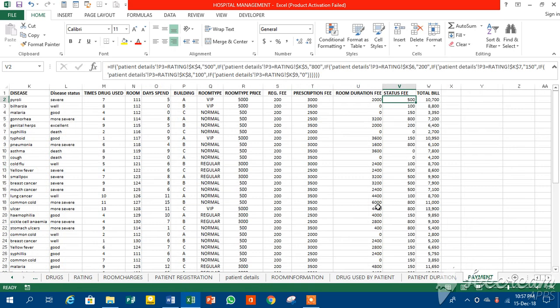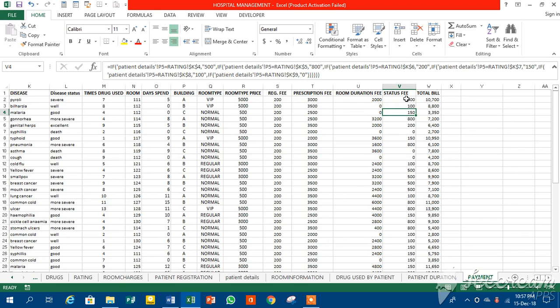So in this last part, if patient details P3, that is the disease status, is equal to rating K9, that is if the disease status has led to death, then assign 0 cost. After that, you close with the brackets